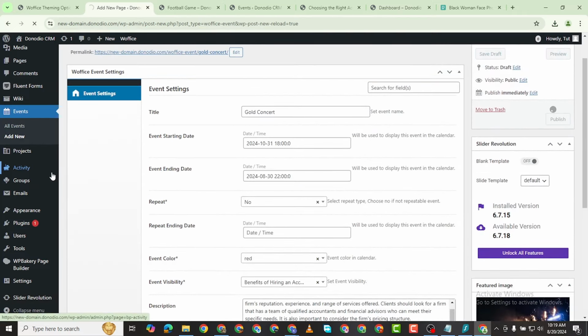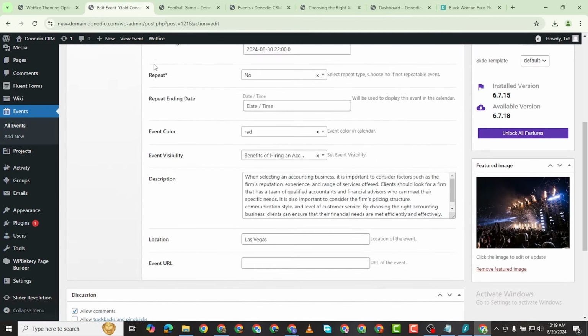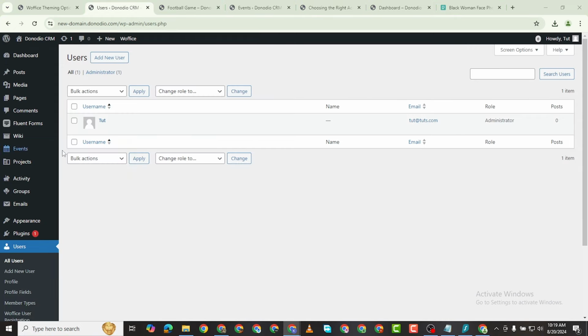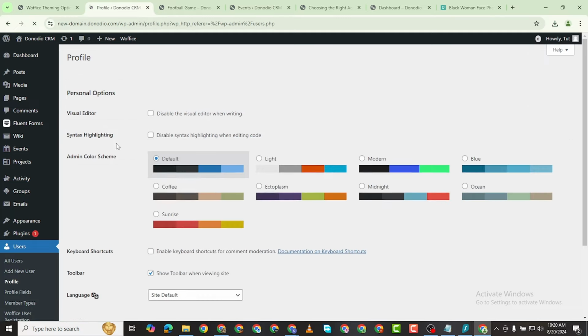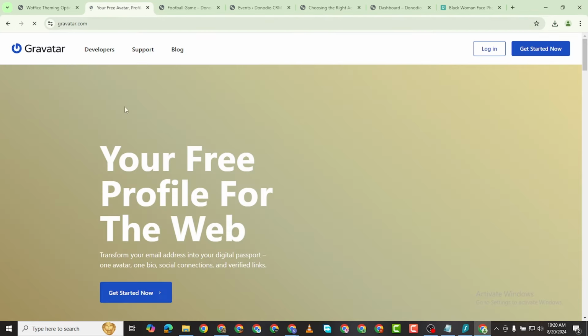The next thing we want to do is add users. There are two ways you can add users. The first way is by coming to your users here, click on all users. Now you can see from here that I'm the only user there is. If I click on edit my profile, if I want to add a profile picture, I'm going to have to use Gravatar,